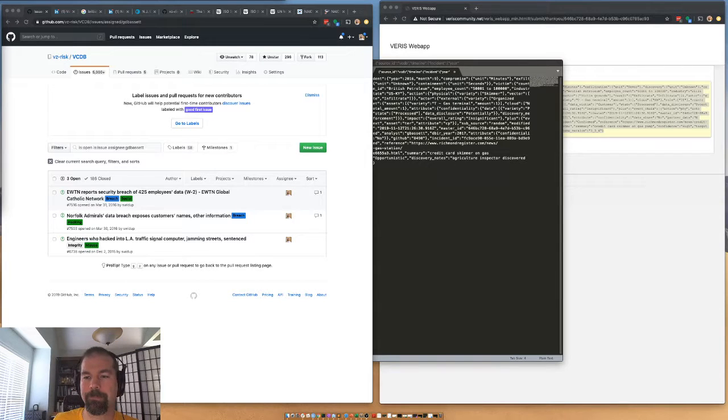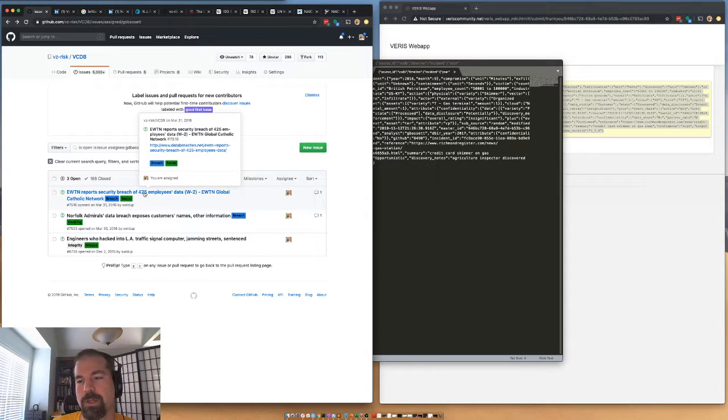The goal is to cover the things that happen the most, right? We want to do this in a data-driven manner. We don't want to just throw in every enumeration that comes up, because we don't want to grow too quickly. So, okay, EWTN reports security breach of 425 employees, and this is in 2016.